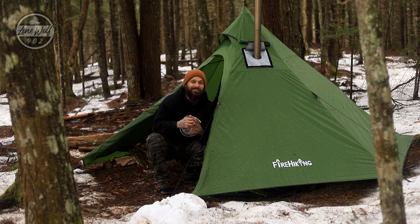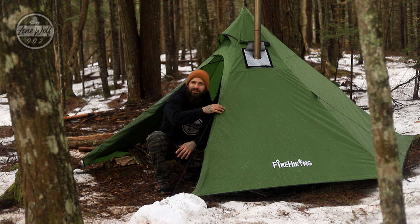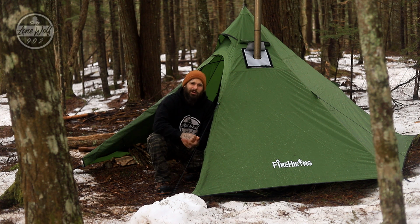In the evening, it's that picturesque, nice glow. You're nice and warm and snuggled up inside the tent. That is always the benefit, especially when it's raining. You get the rain tapping on the outside of the tent. You get some hot chocolate cooking inside. Absolutely, but